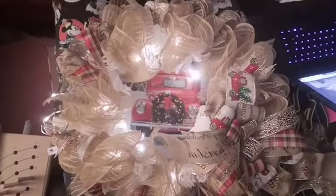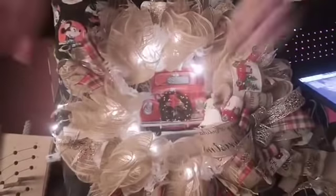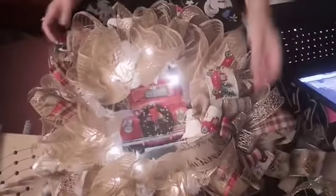Why is it a red truck? I don't know. The red truck, it's just a rustic looking. People love it. I don't know why. Anyways,